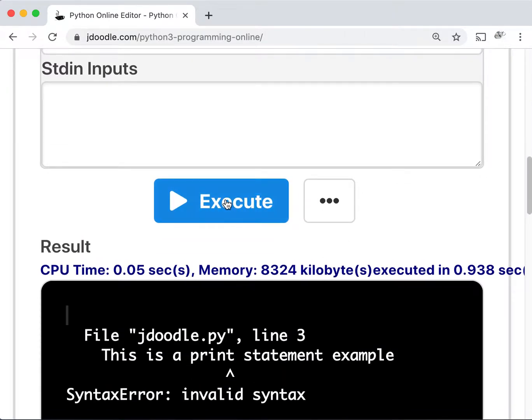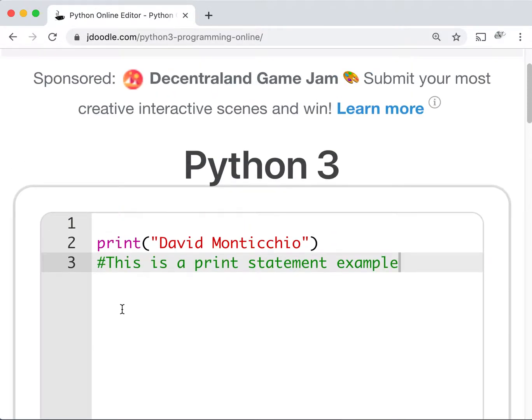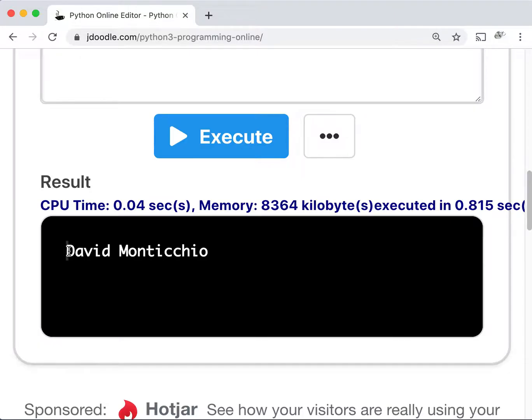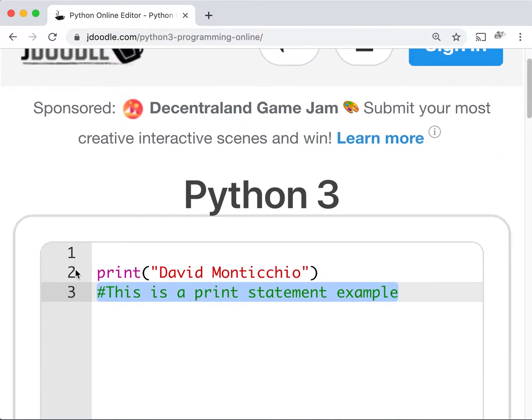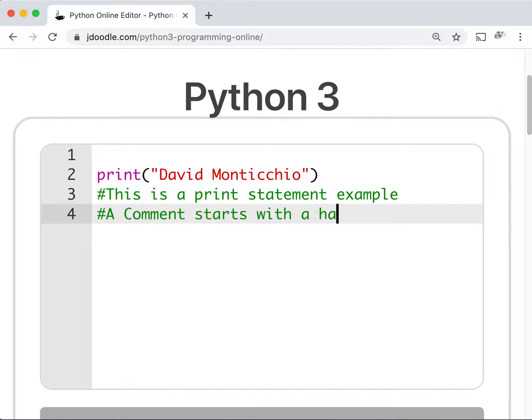So if I hit execute, you'll notice it says my name, and then it completely skipped that line. It's not there at all. The computer read it and said, oh, I'm not supposed to print that. So that is what's known as a comment. So a comment starts with a hashtag,